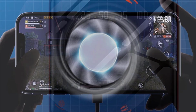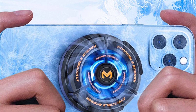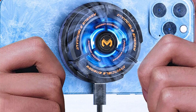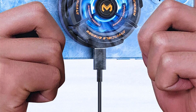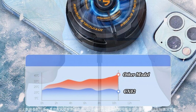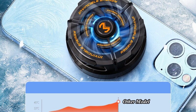Number 8. CX02 mobile phone wireless charging cooling fan for PUBG semiconductor gaming accessories, game cooler for iPhone Xiaomi radiator. Batteries included, no brand name, origin mainland China, certification FCC RoHS. Model number 1: CX02, power supply mode 1: comes with USB charging cable, product weight 1: 136.4 g, wiring length 1: about 1.5 meters, packing list 1: